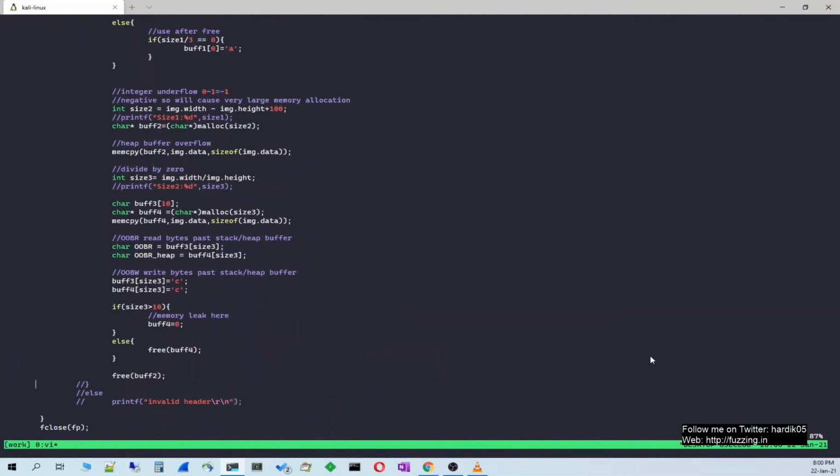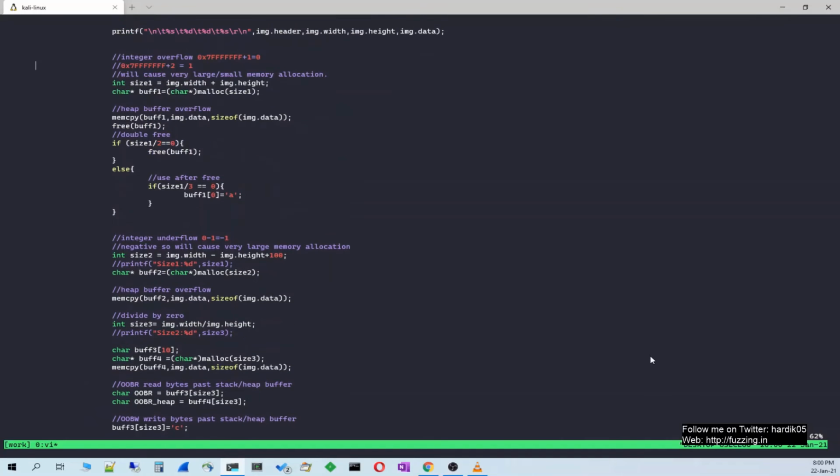It contains a lot of vulnerabilities like out of bounds, divide by zero, memory leaks, integer overflow, use after free, double free, etc. If you want to know more about this program, you can go to my previous videos, go to my GitHub repo, and you can check that out. So let's compile that.